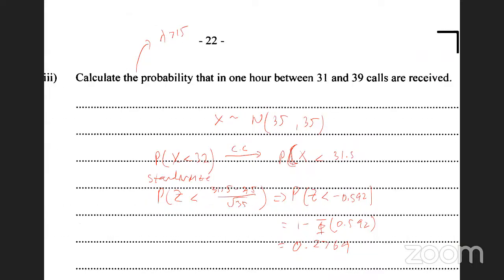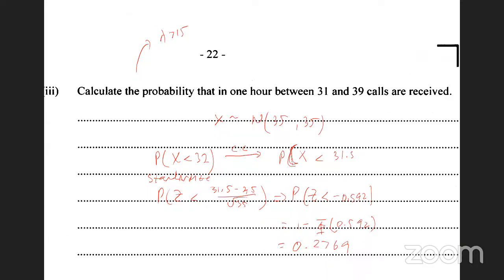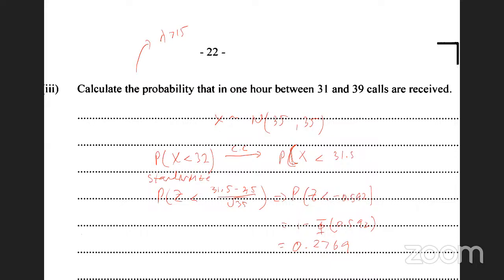Find the probability between 31 and 39. Right, I gave you all enough time already to finish it, right? So let's finish up that. Don't worry about that. So it's the probability of X between